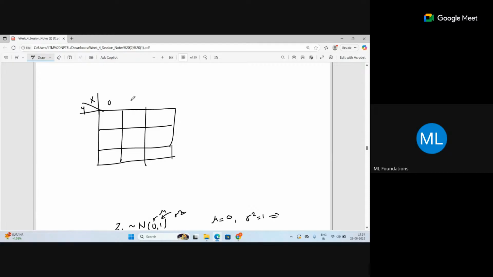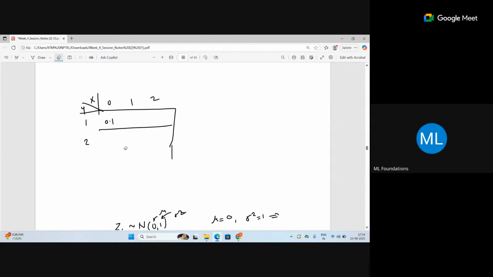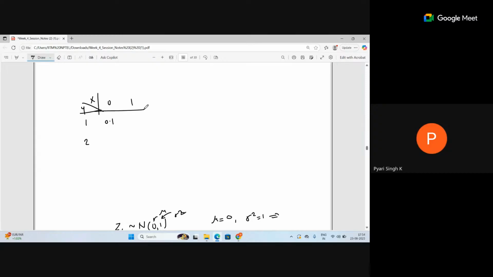And let's say x takes values 0, 1, and 2, and let's say y takes values 1, 2, and 3. Suppose the probabilities are given to me like this. Maybe I'll just take a smaller box so that it will be easier for me also. We added for one of the variables. So what will be there? Like 0.2, 0.3, 0.4 and 0.2. These are joint densities, right?